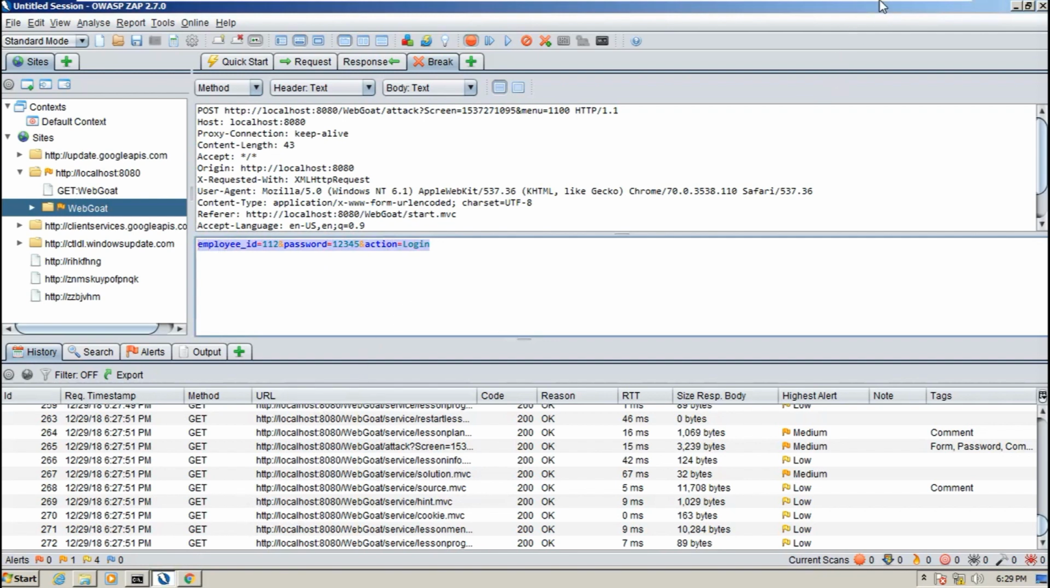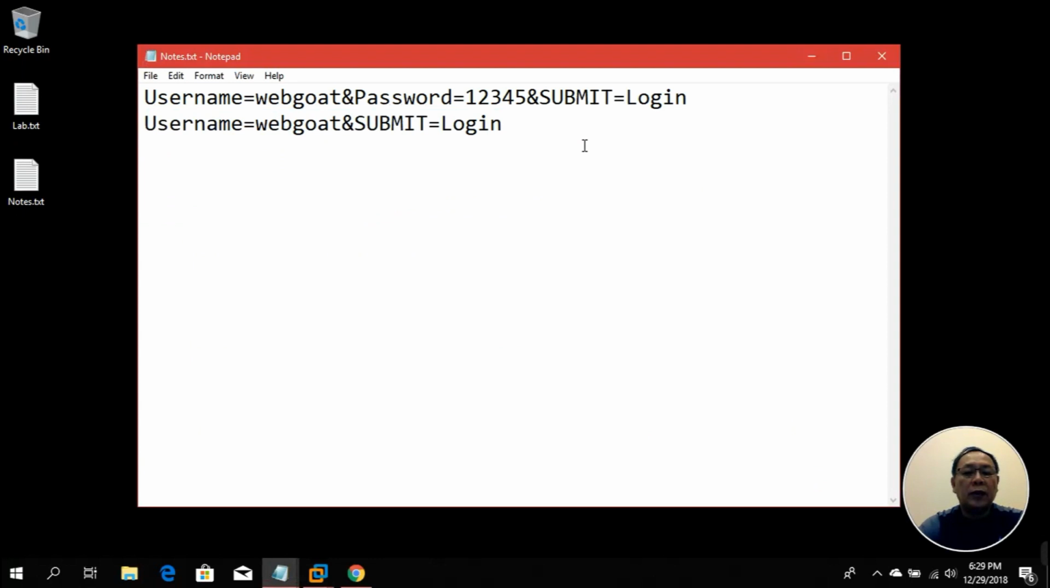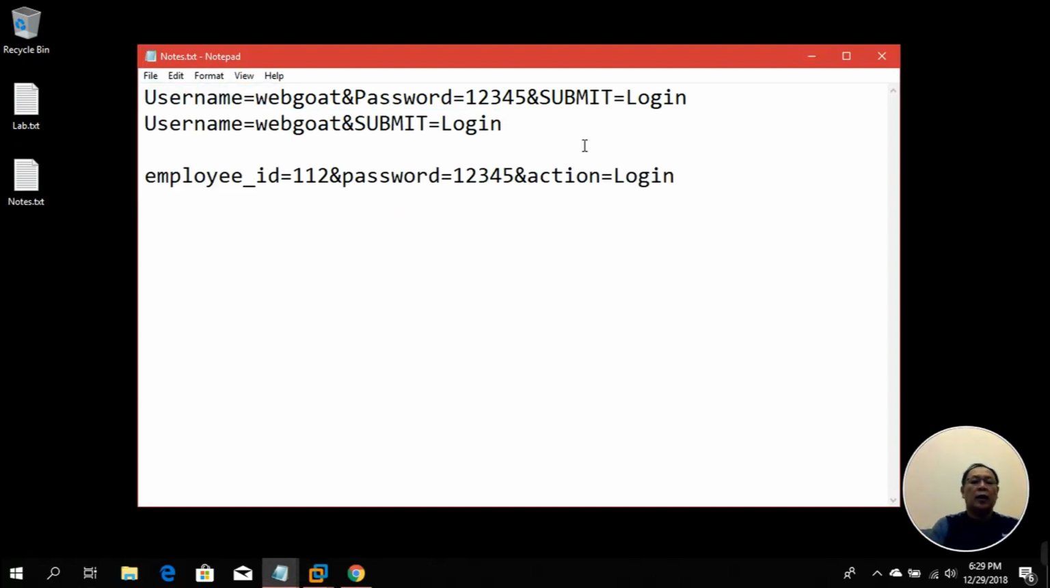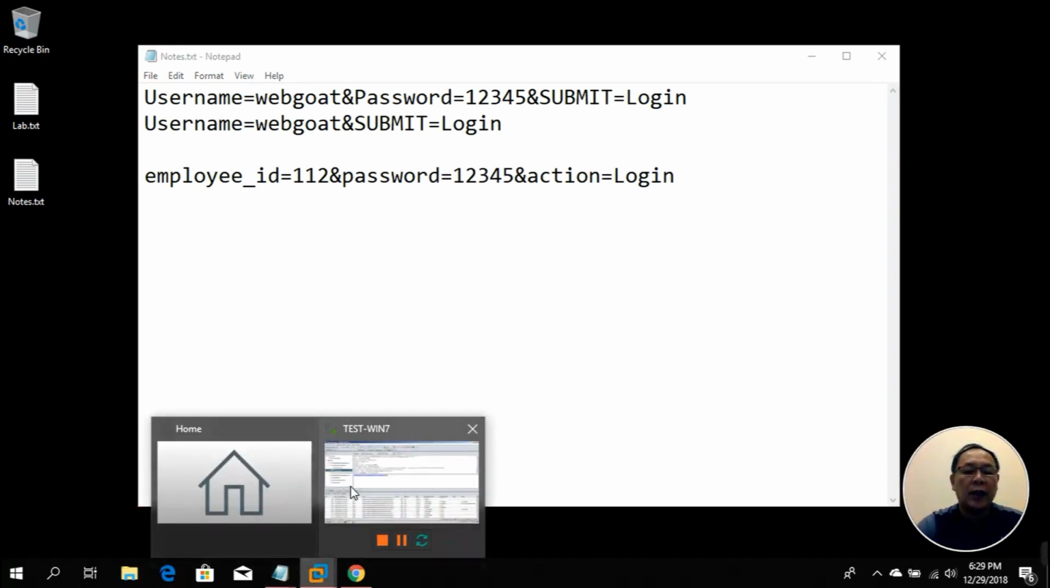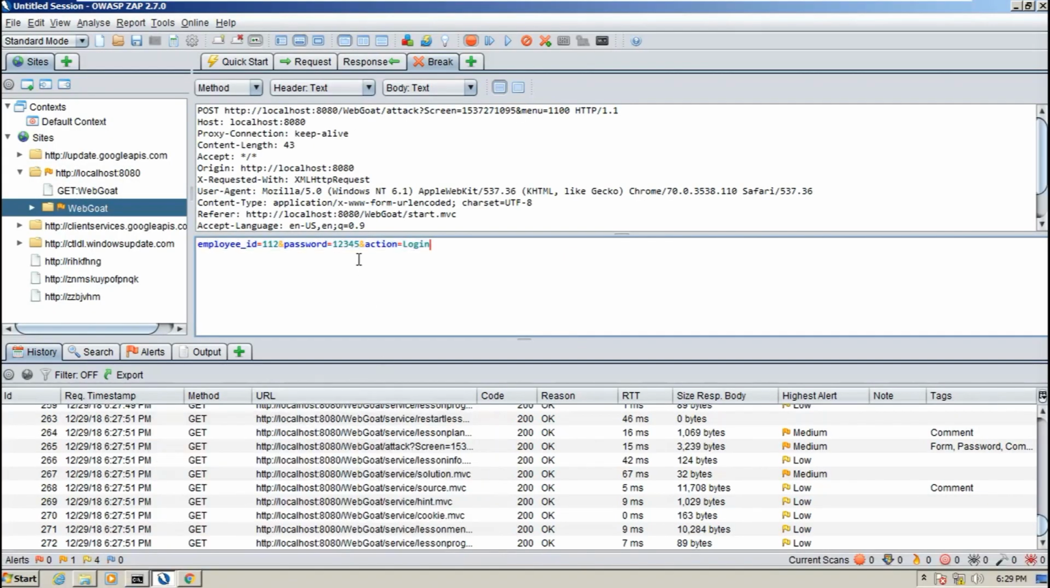Okay, so I'll copy this one and put it here. So these are the original parameters to be provided to the server. And let's see what we can do here. What if I change the password, because we don't know the password, right? So let's change this to SQL injection, like for example, something very simple like single quote or 1 equals 1